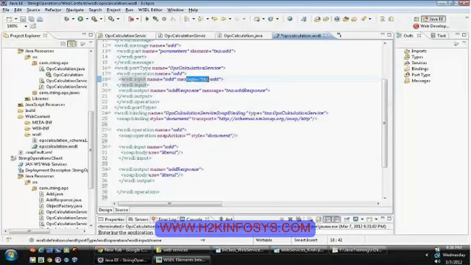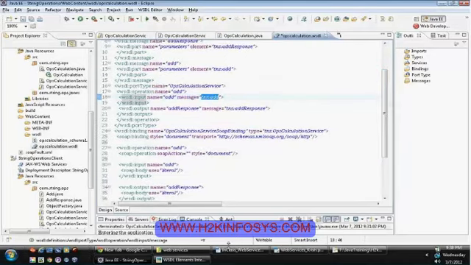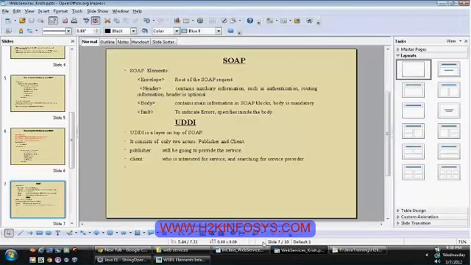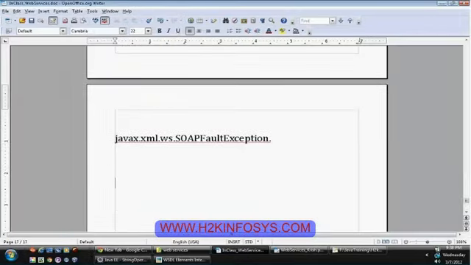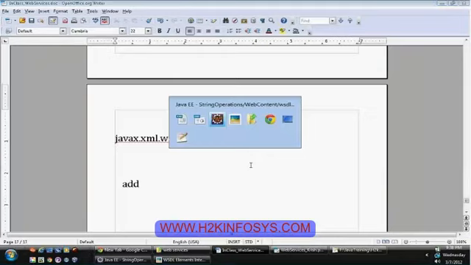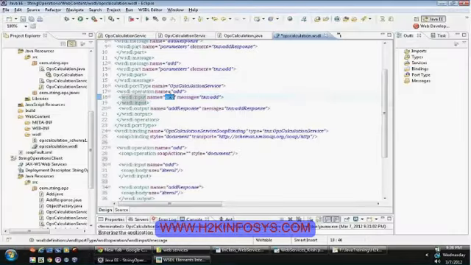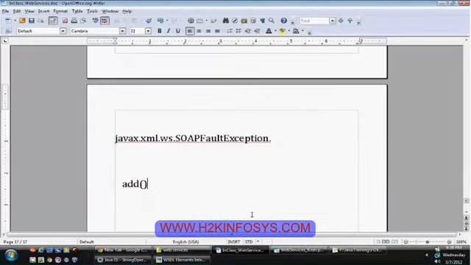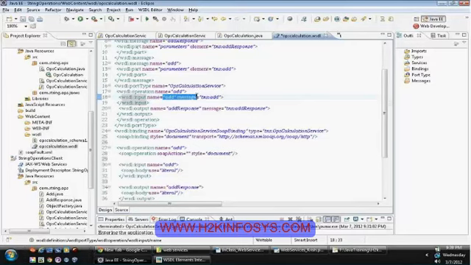What is that message tns:add again? What is that? It is your request message. If you think your add method is your operation, then the message is nothing but your input parameters. This one here.